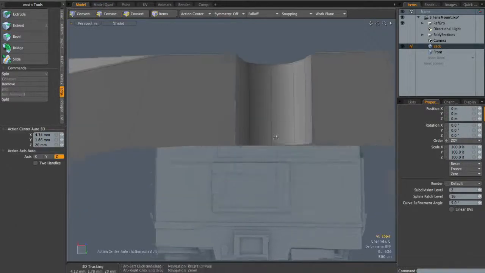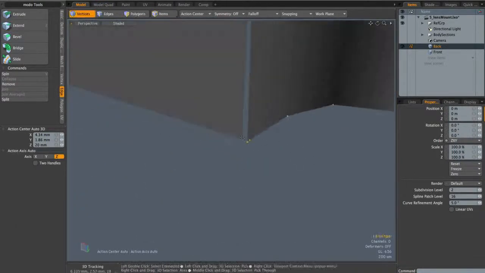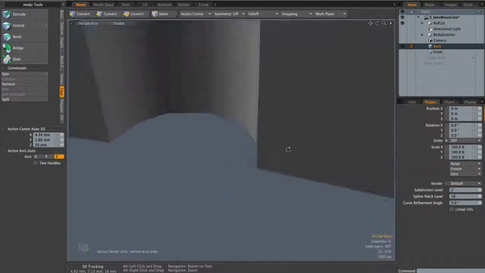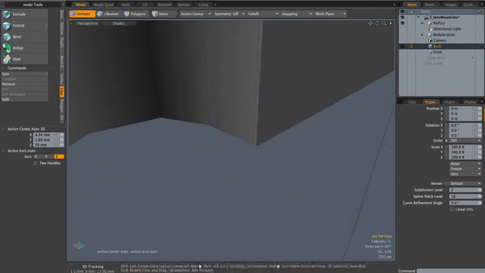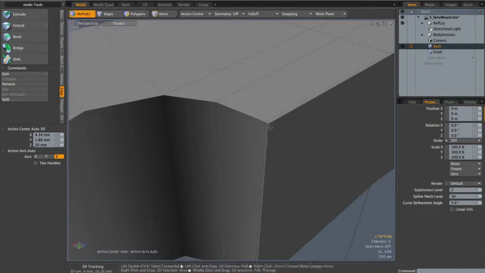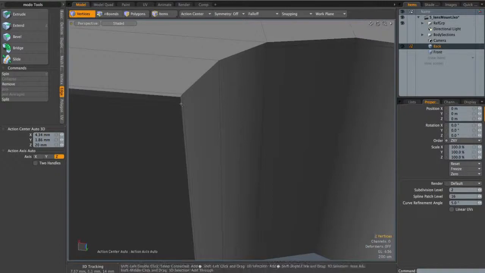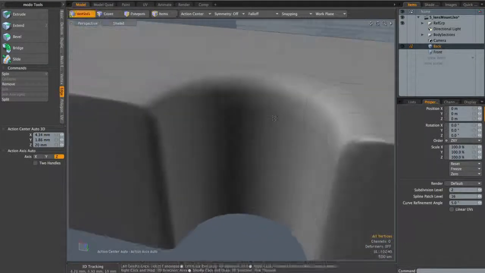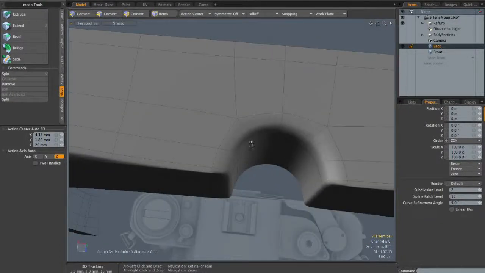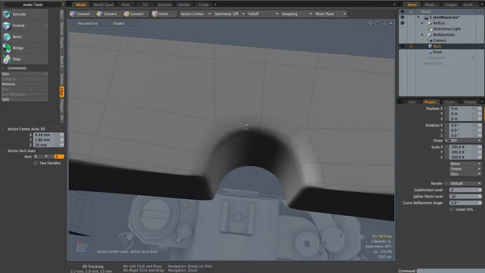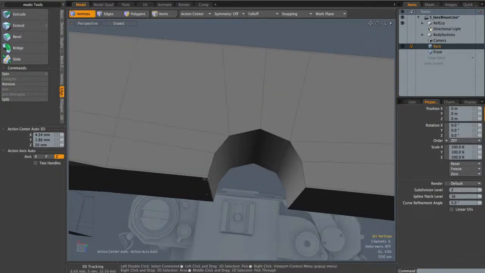So space to drop the tool, and we just need to weld these verts together. So I'm going to click that one and weld them. And we'll do the same on the other side, like that. The same at the top here, and over here as well. So with that done, if I hit tab, you'll see we get a nice inside of the tube. However, obviously this is a little bit too soft up here, so we need to add an edge running around